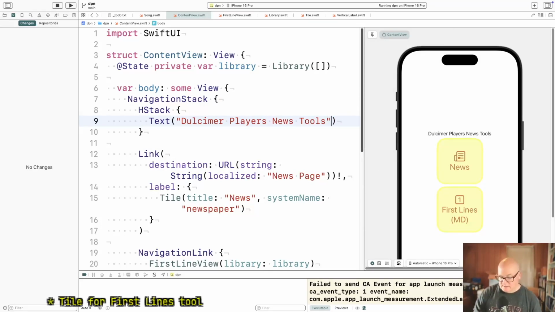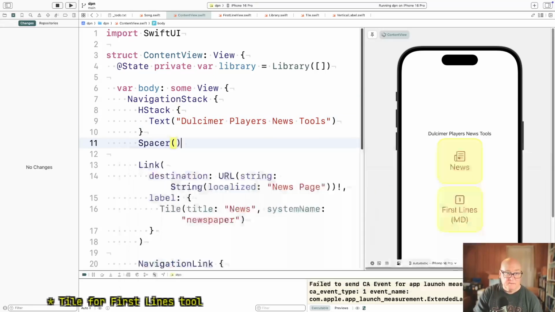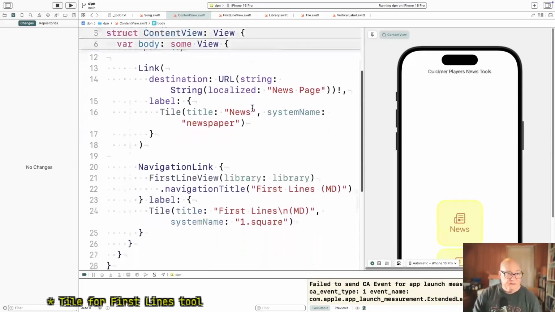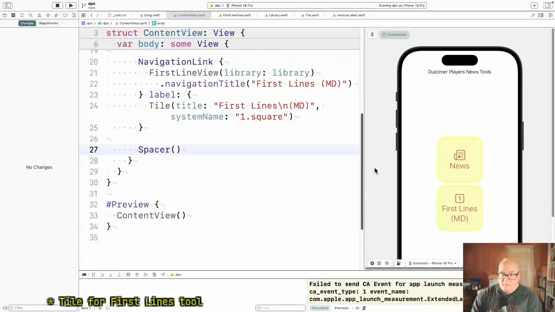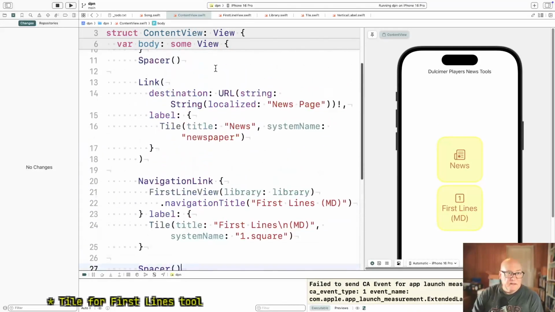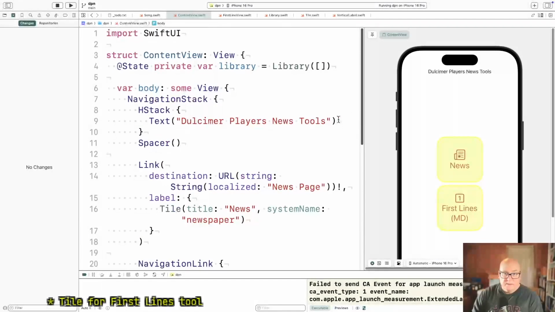All right, and then a spacer. And then another spacer. Okay, yeah, I want this to be a title. All right, so